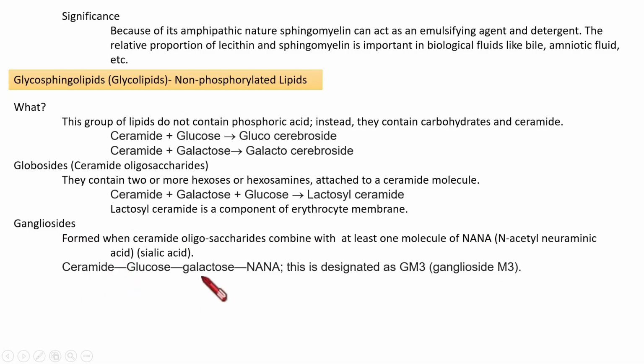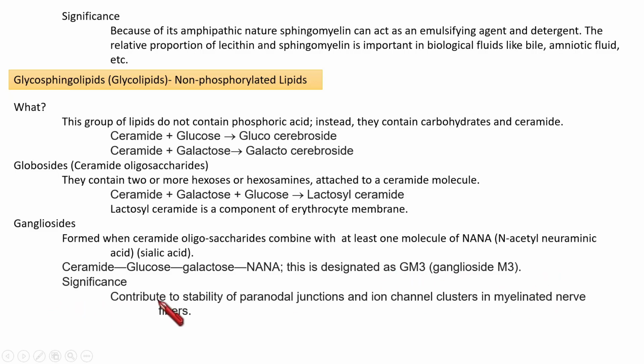So that's what we are seeing here. Ceramide, glucose, then galactose, the 2-hexose group, then NANA. In short form, it is designated as GM3 or ganglioside M3. What is its significance? Its main significance is that it gives stability for the paranodal junction. Then what is the paranodal junction? Paranodal junction means